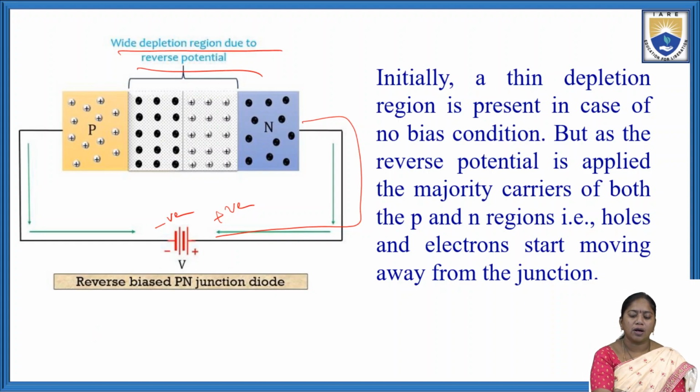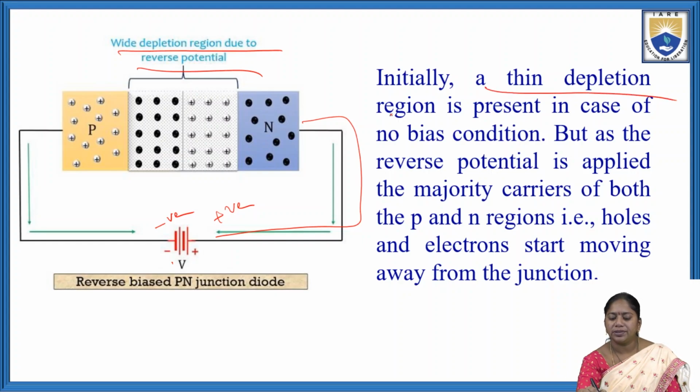In the case of forward bias, the width of the depletion layer is small compared to the reverse biased condition. Reverse biased means the p-type material is connected to the negative terminal of the battery. Similarly, the n-type material is connected to the positive terminal of the battery. So in the reverse biased condition, the depletion region is generated, and the depletion layer thickness is more compared to the forward bias region.